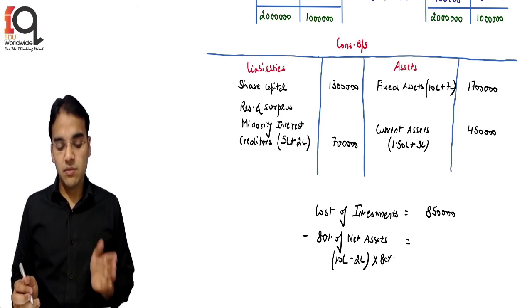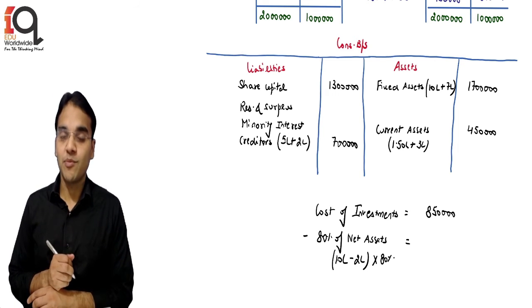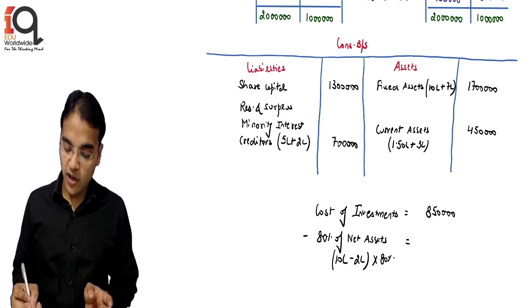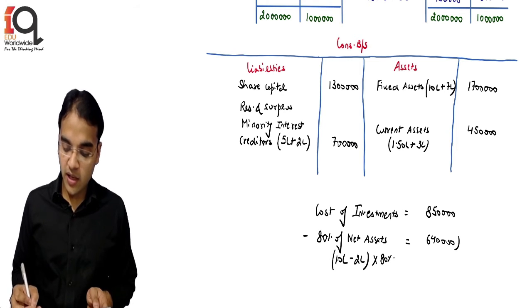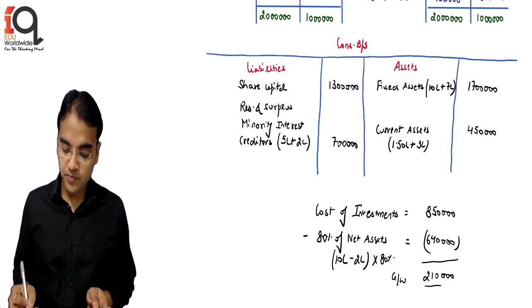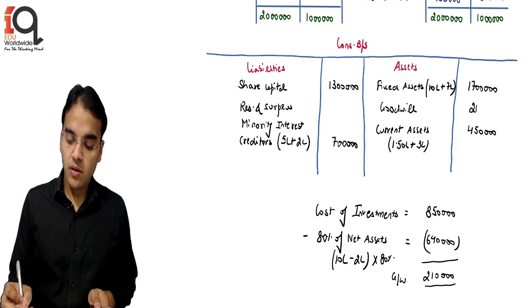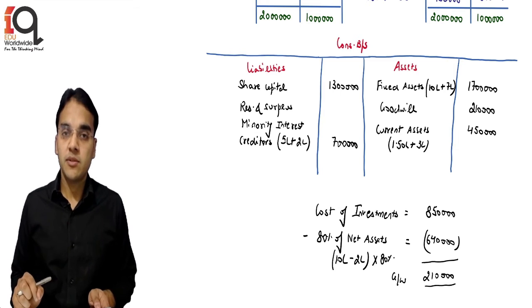Okay, and obviously it is assets minus outsider liabilities. So you cannot deduct reserve and surplus here, student, because we are talking about the net assets acquired. That always means your assets and outsider liabilities. Okay, so 8 lakh into 80% is 640. So resulting in a difference of goodwill of how much? 2,10,000, same as in the previous example. So there is no change. So here in the asset side, goodwill will come 2,10,000. Okay, so this is our net asset. Basically we have put goodwill.